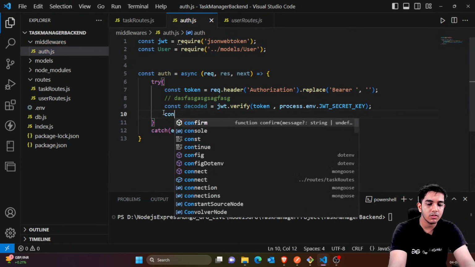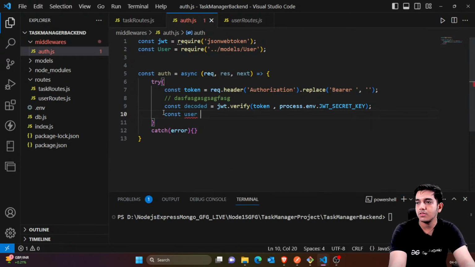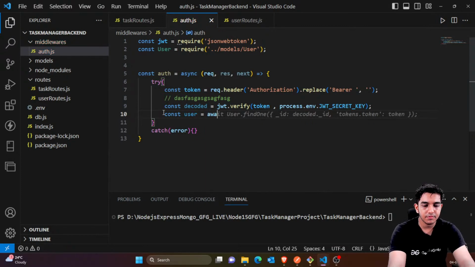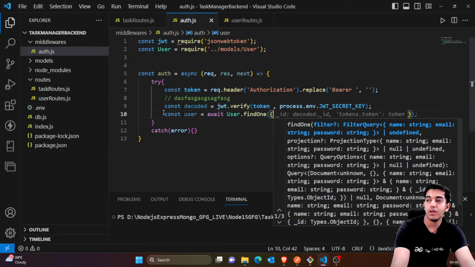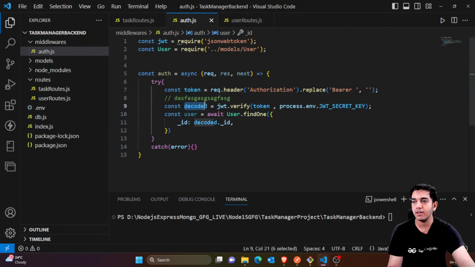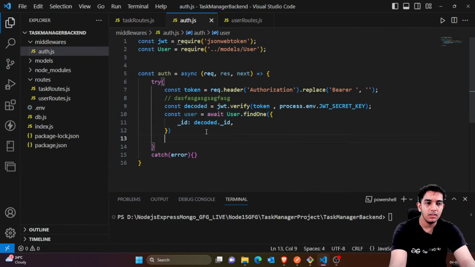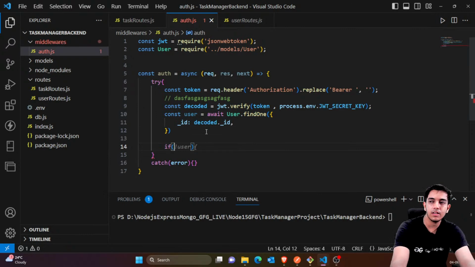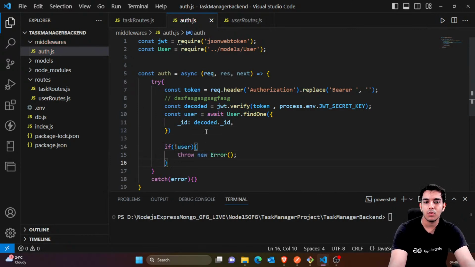This is the decoded. So what I would say is extract ID from decoded. I would simply say const user, and I would just find that specific user with the decoded ID. So I'll just say await user.findOne, with _id equals decoded._id. That means I'm extracting the ID from this decoded object, and then I'm finding this in my database. If that user exists, then you can continue. If that user doesn't exist, you can simply throw a new error,